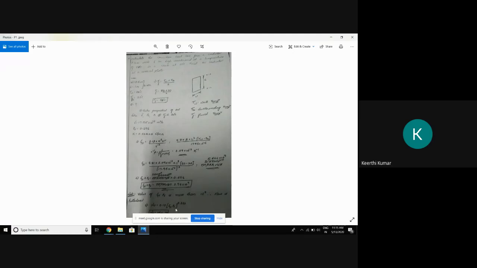In the natural and forced convection chapter, the challenging part is to select the equation, which equation will suit a particular problem. You should know that. If you know which equation you are supposed to use, the problem can be solved easily. Clear?